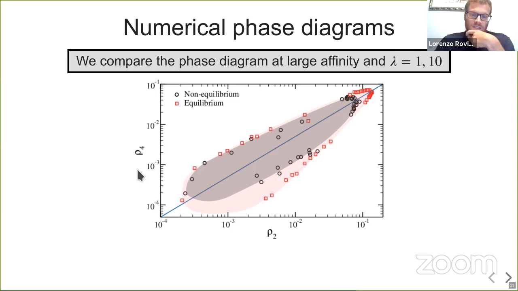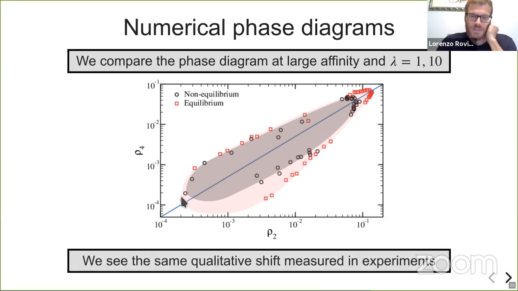This is the same phase diagram, but we can map the whole thing, not like in experiments. We can go up to large densities. And you can see we have the same qualitative effect as in experiments. So you have this reentrance of the lower branch, whereas the upper branch remains more or less still. Here the shading is to show the overall effect. Of course, there is some noise. These are sort of hard simulations to do, but you see that the effect is quite clear.